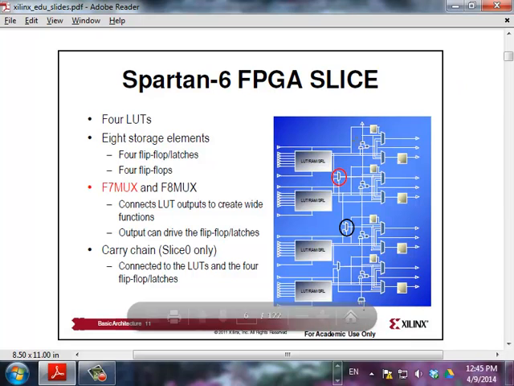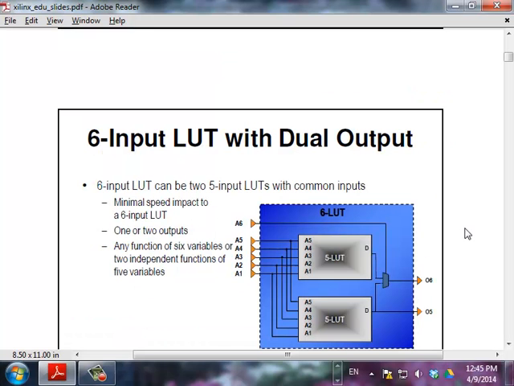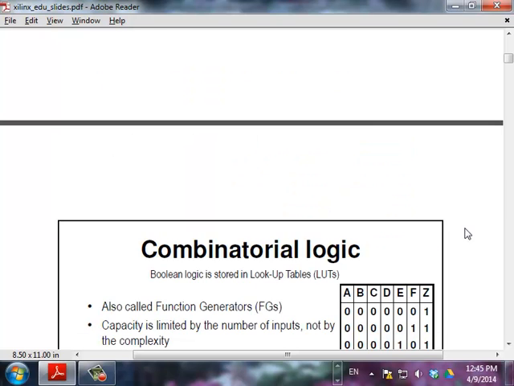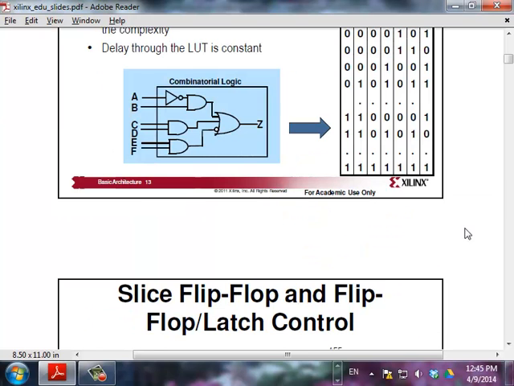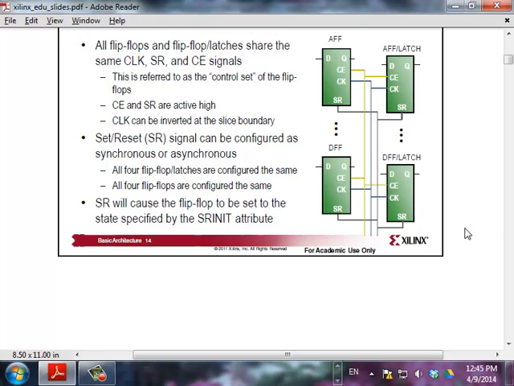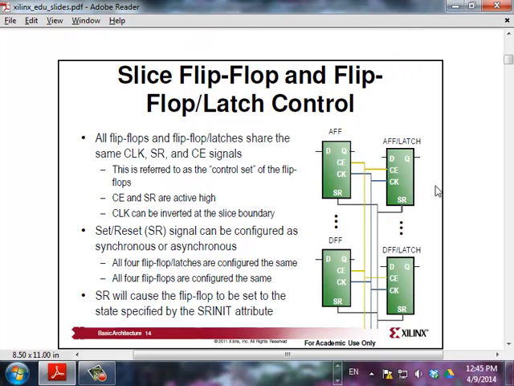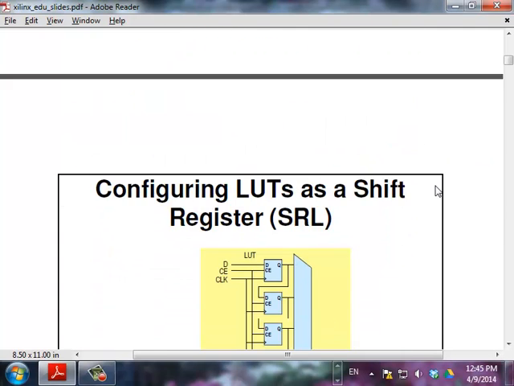And also note these 4 flip-flops inside a lookup table. These flip-flops could be implemented as SR latches or flip-flops. Let me skip logic implementation, we've already done that. So this is slide number 14, which talks about the fact that you can do latches or flip-flops, and this slide